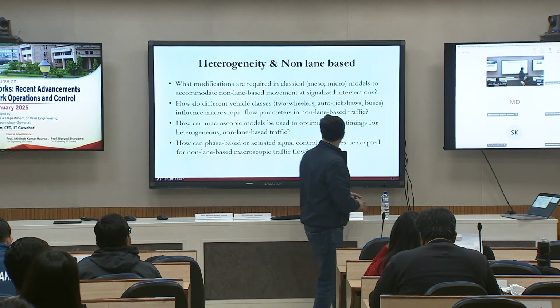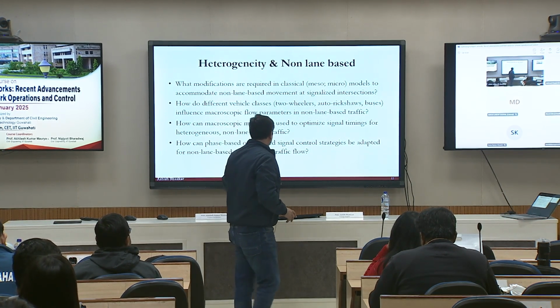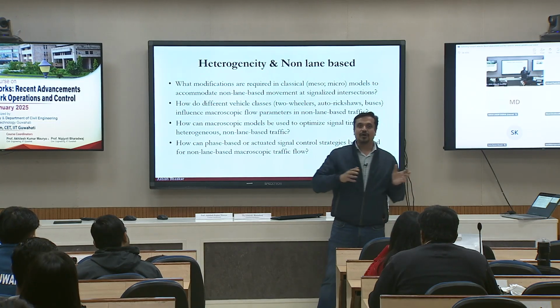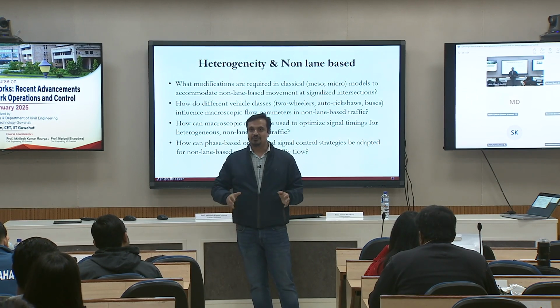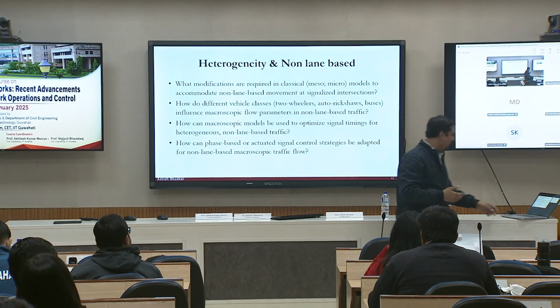Yeah. What else did I have? How can phase-based or accelerated control strategies be adopted for non-lane-based traffic? Again, whatever I've gone through, think, okay, this is how you are doing it there. That's fine. How should I make that learning work for my condition? Scope down your problem and work on it. That was the first point I thought.